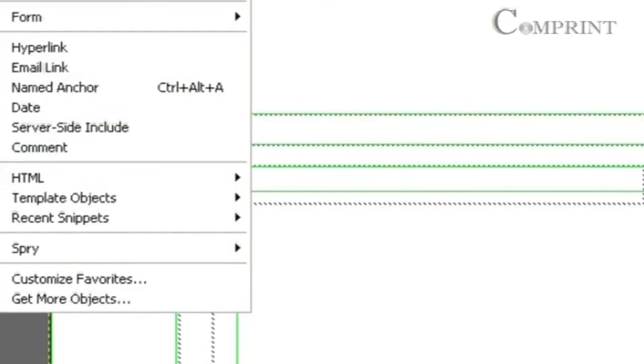In the same way, we can insert the second part of the banner and the third part of the banner into these two cells. Keep the mouse cursor in the cell and click on Image. Instead of clicking on this image icon from the Common tab, we can also go to the Insert menu and click on Image.